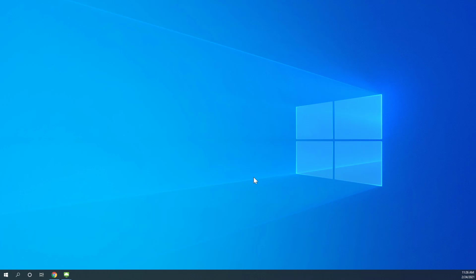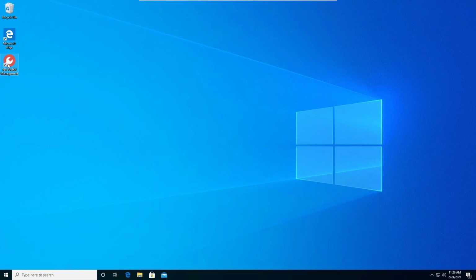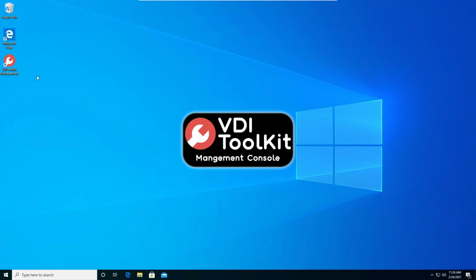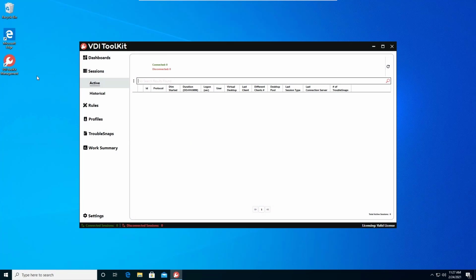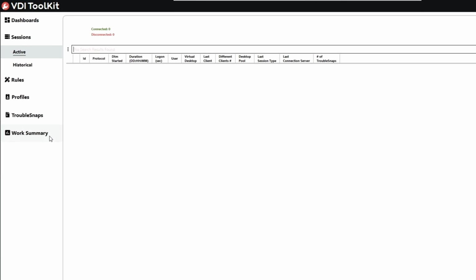Okay, so let's get started. We'll go ahead and generate a work summary report and demonstrate that. So what we'll want to do is open up the management console. I actually have that running on a virtual desktop, so we'll go ahead and open that. Okay, once open, I'm going to go ahead and expand it. So what we want to do first is navigate to Work Summary